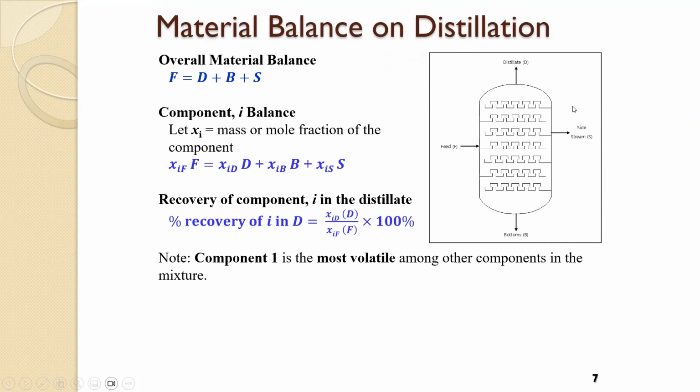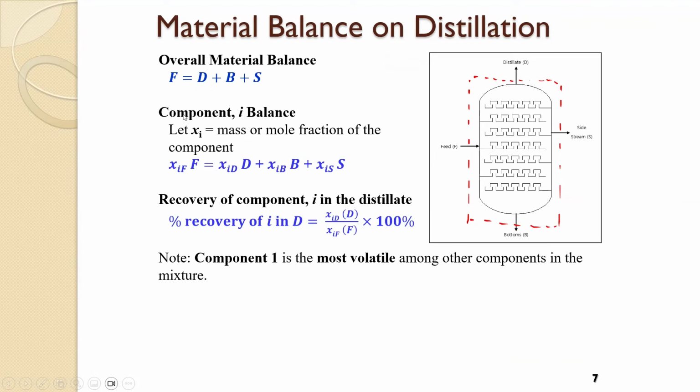So in here, if you look at this, let's create a boundary here. It's okay because it's just single, so it's okay. You can choose not to create, but it would be good if we practice creating the boundary. So here, the inputs are feed, nothing else. The outputs are distillate, side stream, and bottoms. So that means it is split into three. But sometimes there are no side streams.